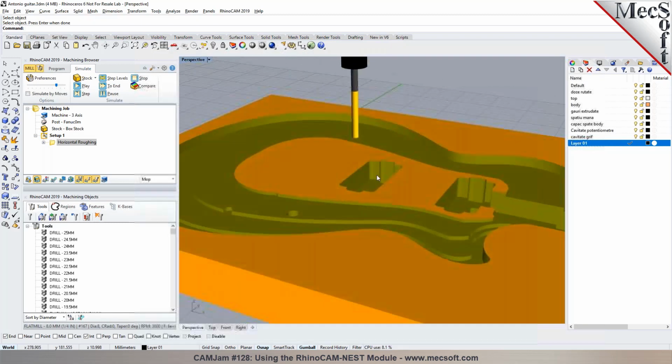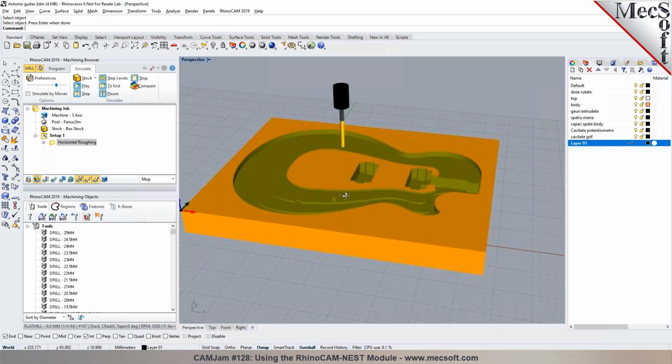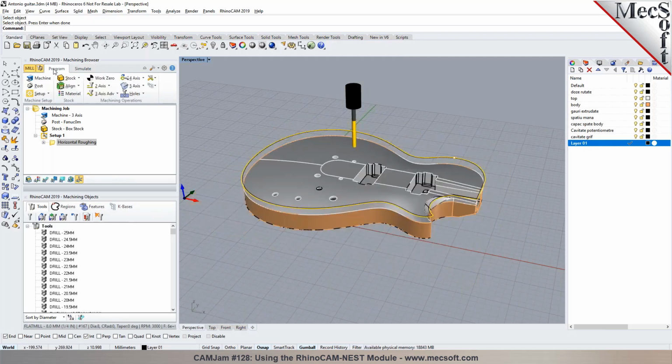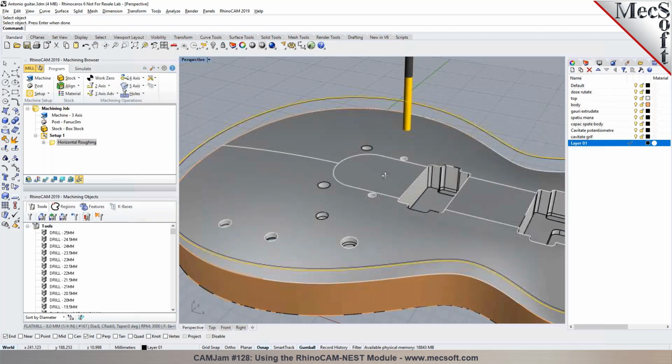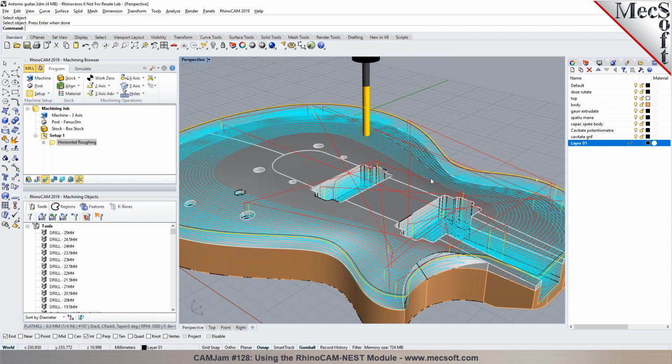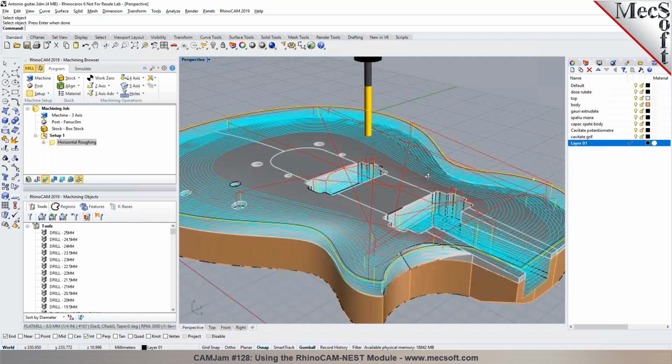I tried this method in RhinoCAM 2018. Can you hear me? Yes, I can hear you. But the settings are different versus this version. It's not working